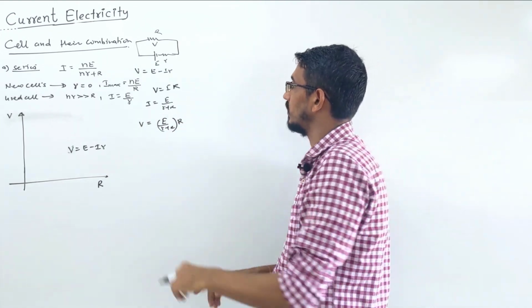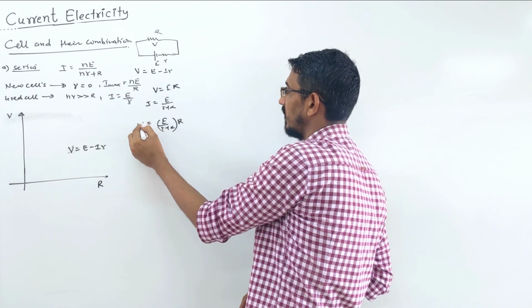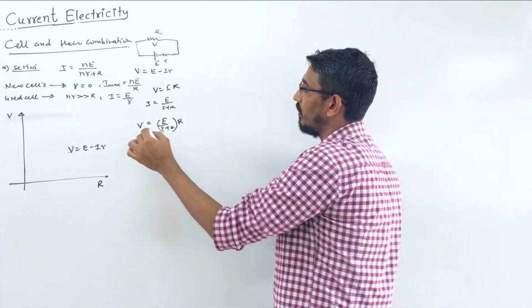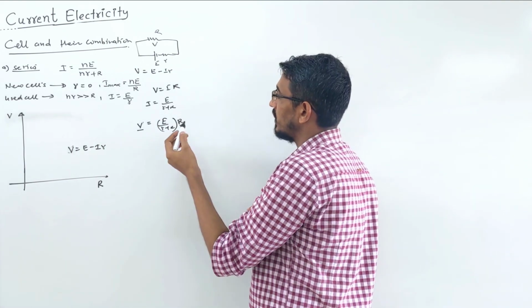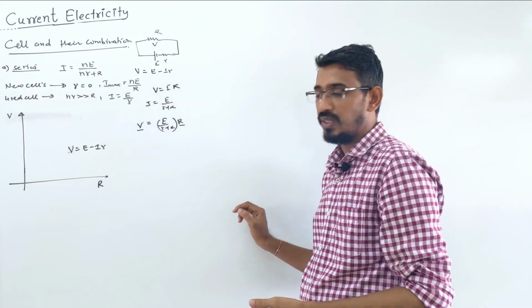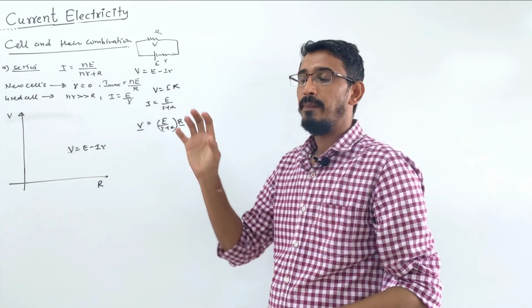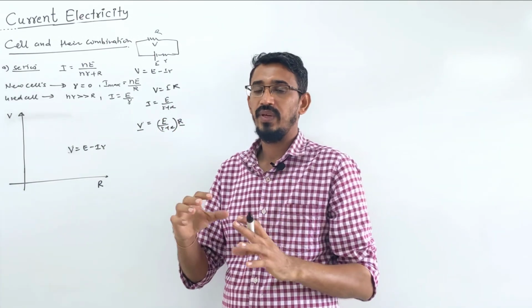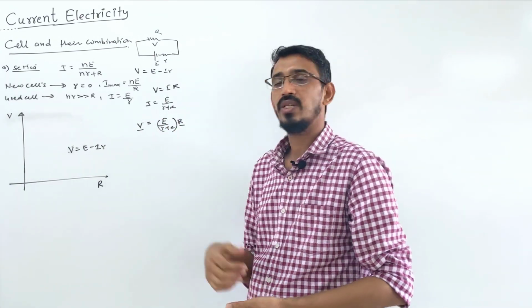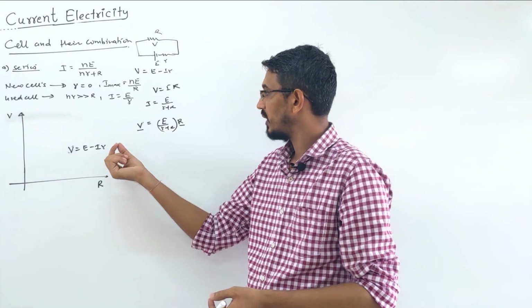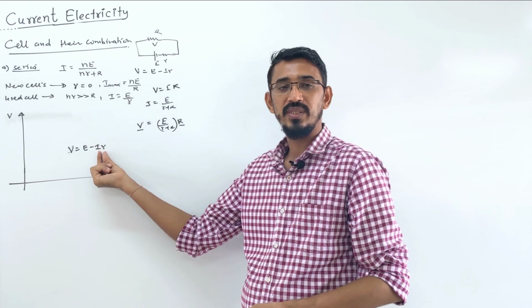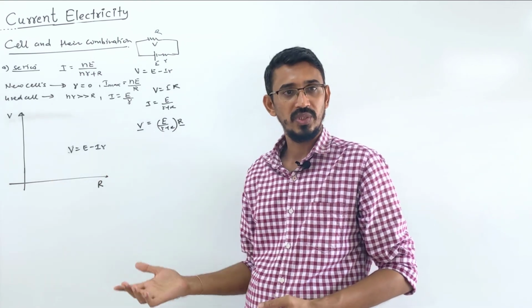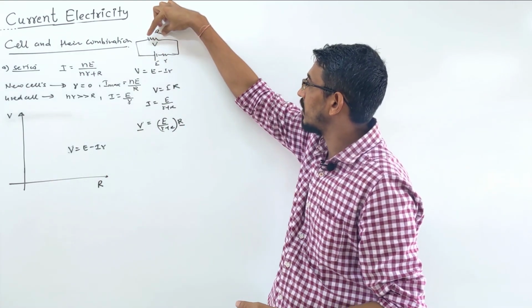Watch carefully. So we want to find how V and R vary. Initially, when you increase R, the current will grow. Current is what? I R, right? But later, when you are using a cell, your internal resistance also grows. So at some point these two terms become what? Zero, equal. EMF equal to IR becomes zero, and the terminal potential becomes zero.